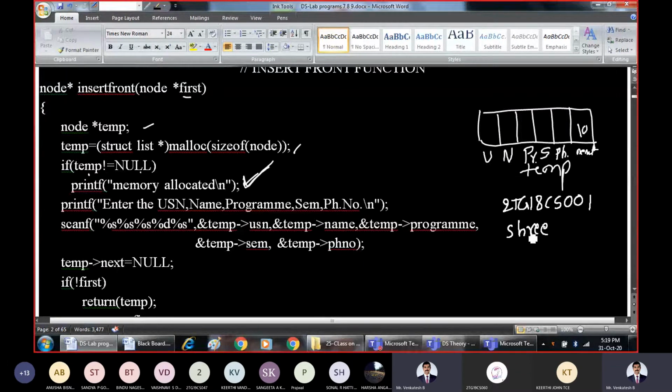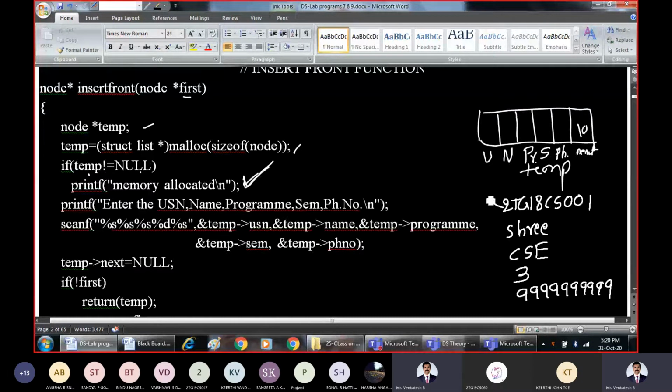First one is USN. As we don't have space here, I am just writing USN here, then name, then program, you call it CSE. You should give this input during the execution, CSE. Then the semester you should give as third semester. Then phone number as 9999, any comfortable phone number of the candidate.